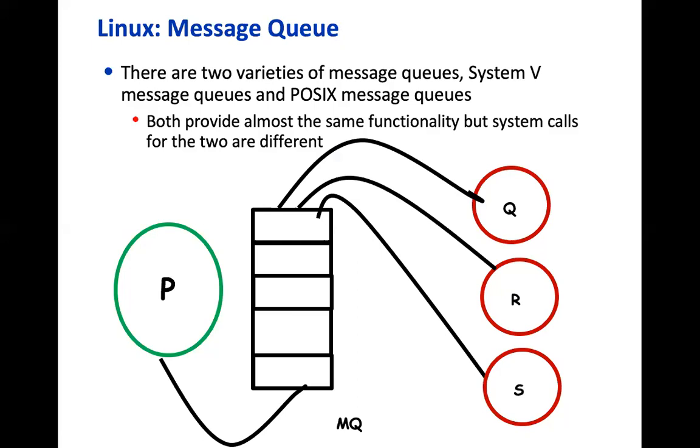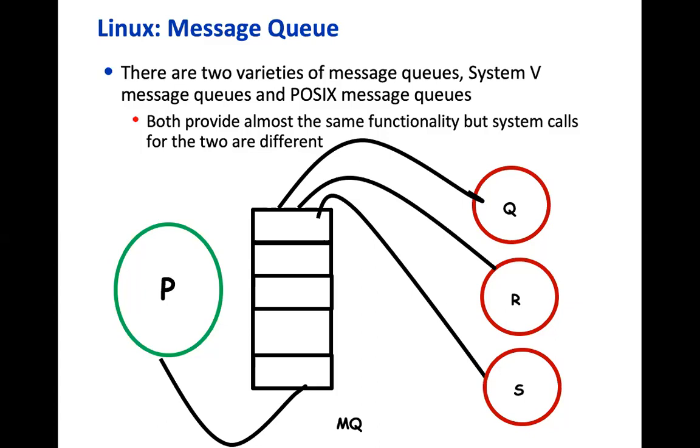Now note that when a process wants to communicate with another process, both processes need to know the QID, because it's system-wide unique. It means that both process P and, say, process Q should be able to generate the message QID. This is the first step in communication. All these are cooperating processes. Right in the beginning, when you're writing the program, you may not know what the queue number is because it has to be unique. You cannot statically code it, right?